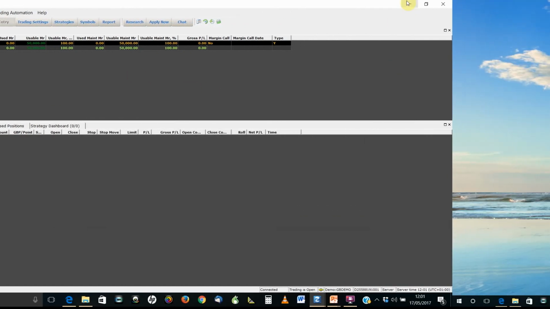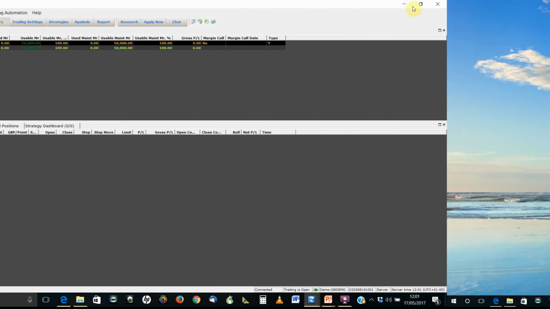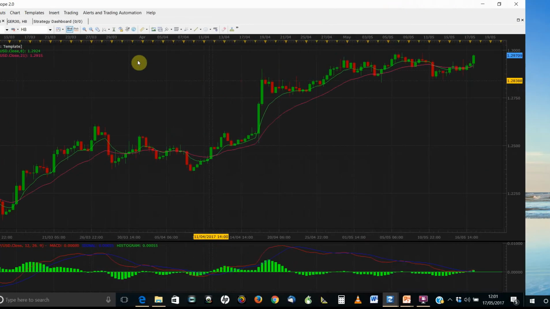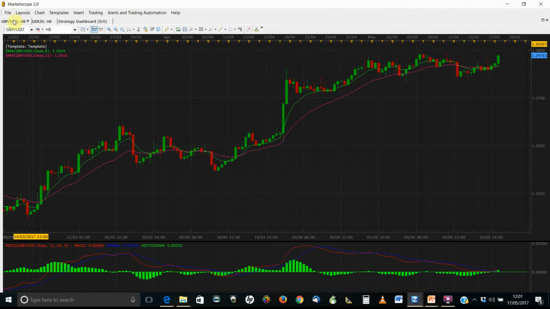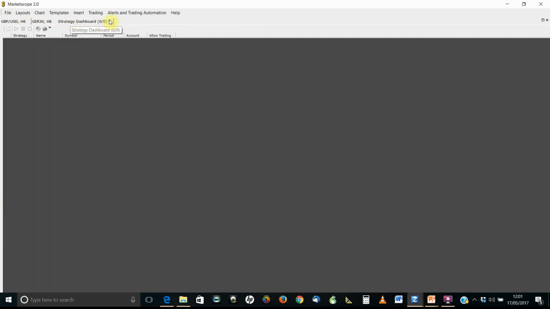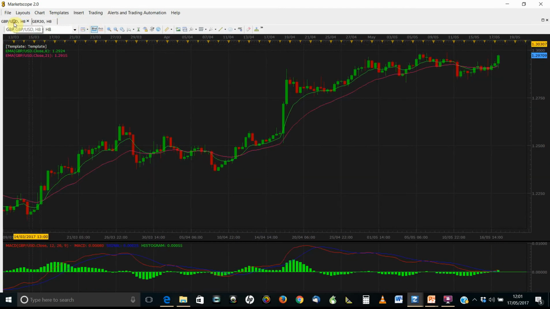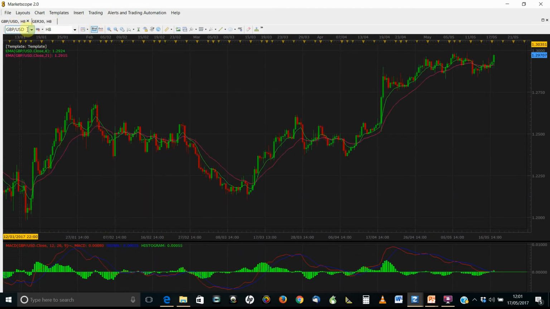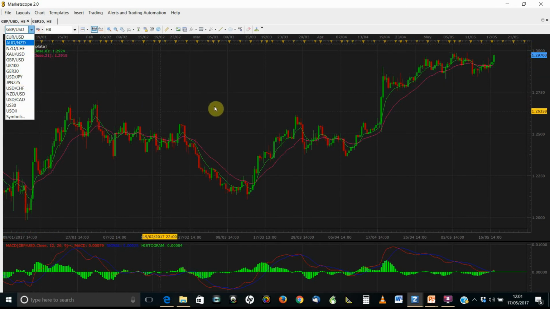Next thing we're going to look at is the actual market, so a graph of the market. So we're going to close this page down and you'll find that behind you've got your chart here. Now these are different charts of different markets. You can have as many different charts as we want. Now what you've got here is the symbol, so that's the market that you're looking at and what we just edited. So if I wanted to look to trade cable, pound, US dollars, I can literally select it from